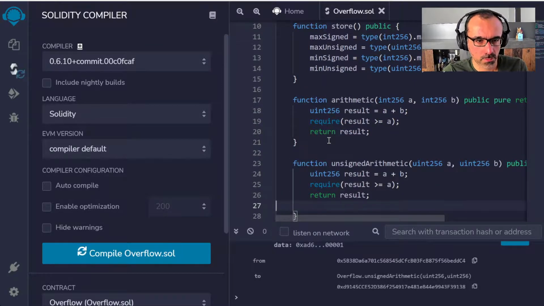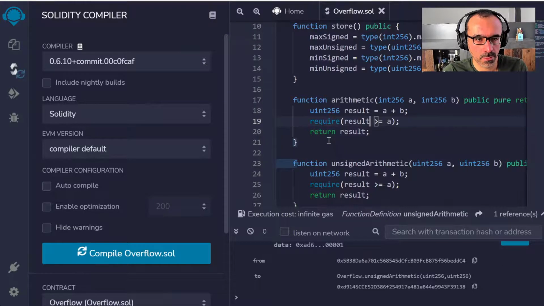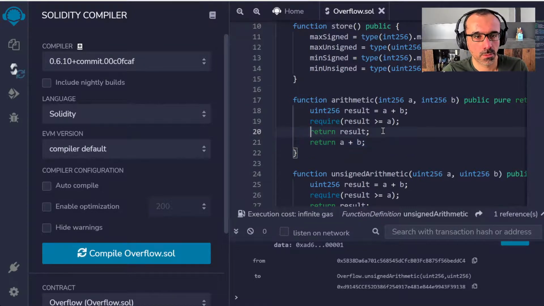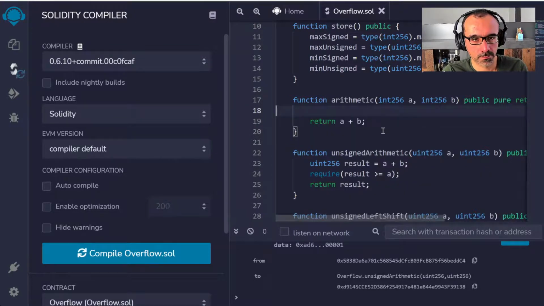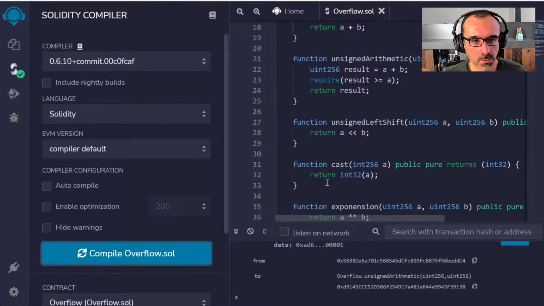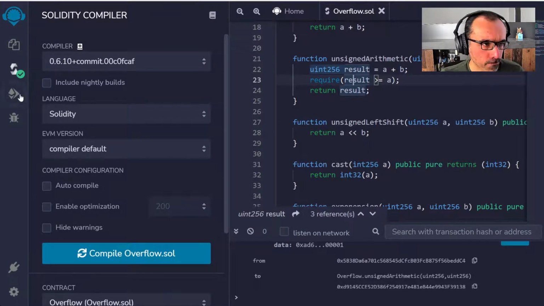Fix this up, otherwise it's gonna complain. Save. Compile. Yeah, perfect. Now my unsigned arithmetic this time has a precondition check.